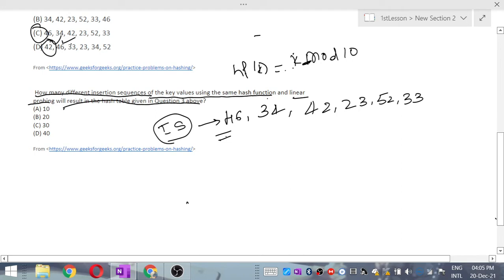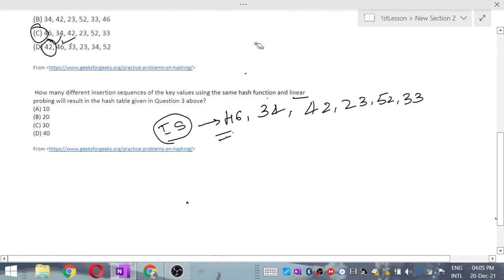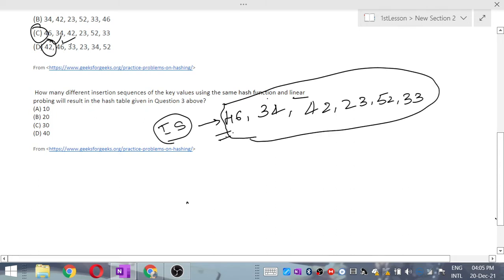How many such insertion sequences are possible with the same hash function and the same linear probing, in order to have the same table that is given in question number 3? This is the question.